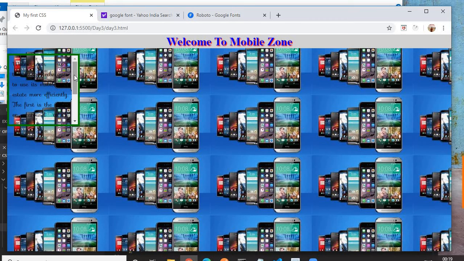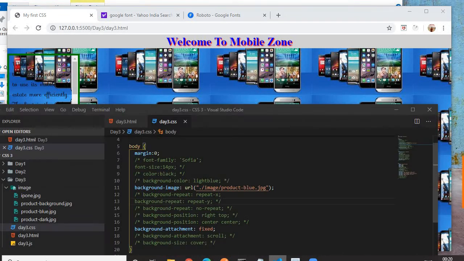And if you see, this image is repeated. By default, background images get repeated both horizontally and vertically. But this is not what we want. We want it to not repeat. So to avoid this default horizontal and vertical repetition,